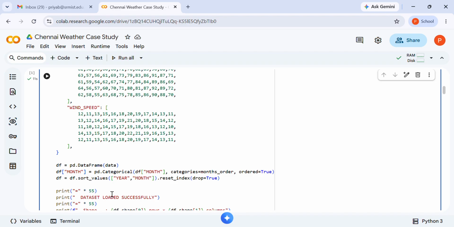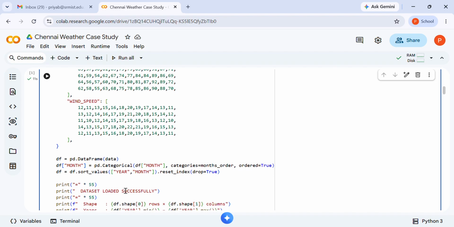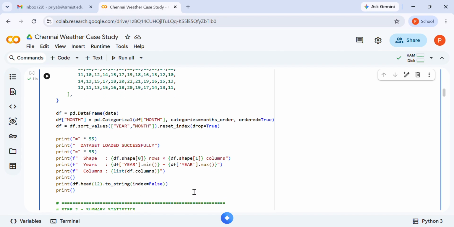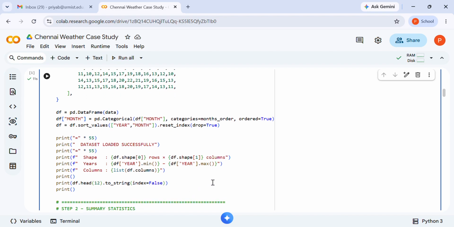Here you can see df is equal to pd.DataFrame(data), and then the month column is converted into a categorical type with a specific order, and the data frame is sorted by year and month. Finally, it prints the summary of the loaded data set, which includes the shape, years covered, columns, and the first 12 rows.